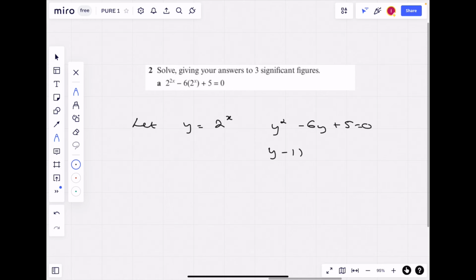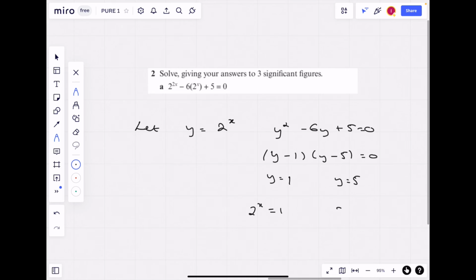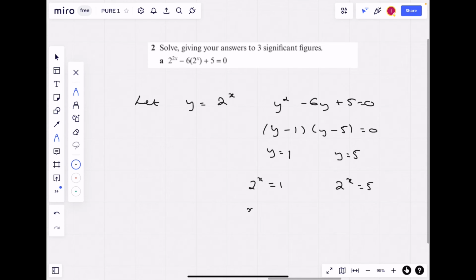You factorize, you solve, and you get 1 and 5. You sub those in. 2 to the power of x equals 1, and 2 to the power of x equals 5, which means x equals 0,